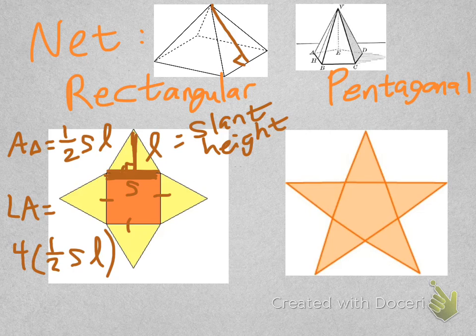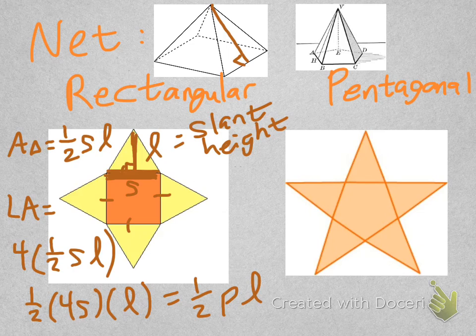Which I want to do, I'm going to use the commutative property to say 1/2 and then 4s times L. The reason I'm doing that is I just used the commutative property, so I'm still multiplying the same thing. 4s is just the perimeter of that base. So I can say that this is again 1/2 P L, where P stands for the perimeter of the base and L stands for the